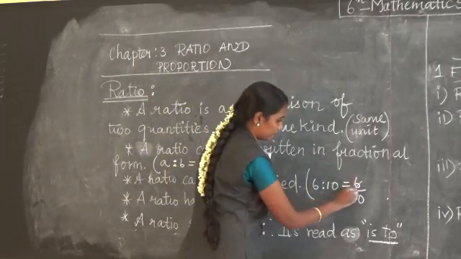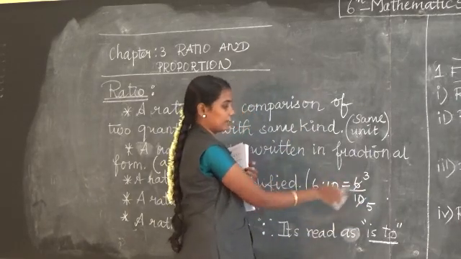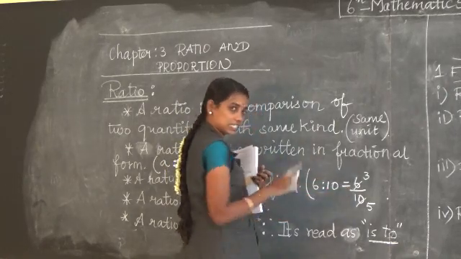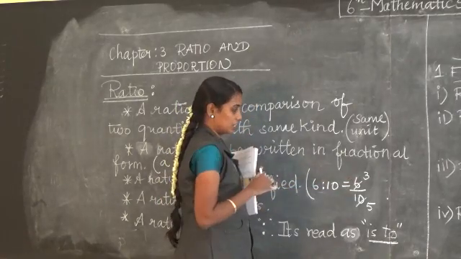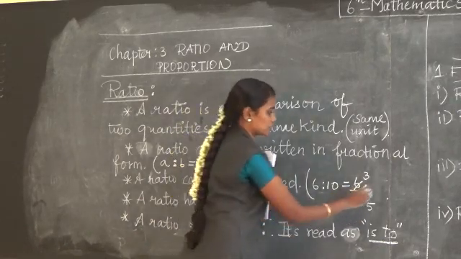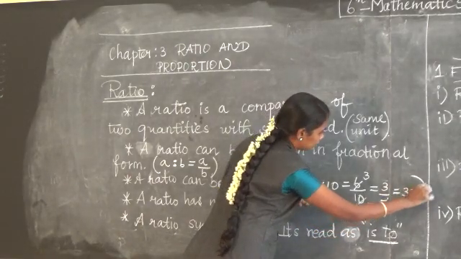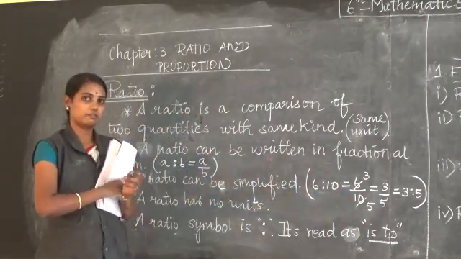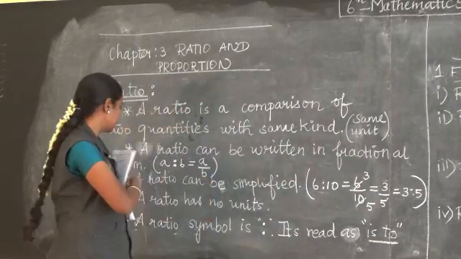So the 2 table we can divide. 6 divided by 2 is 3, 10 divided by 2 is 5. Is there any other table to divide 3 and 5 by the same table? You should use only the same table. You should not use the 10 table for one and the 6 table for the other. If you take the 2 table, divide both numbers by the 2 table. 3 by 5 can be written in ratio form as 3:5. Clear, everyone? This is called simplified. Simplified means dividing the numerator and denominator by the same number.